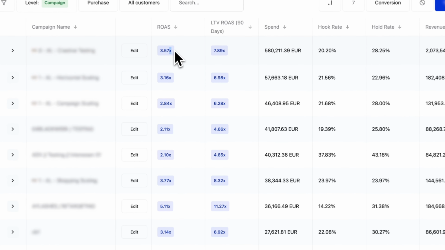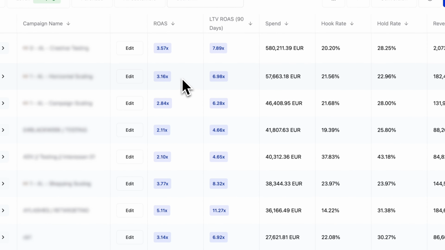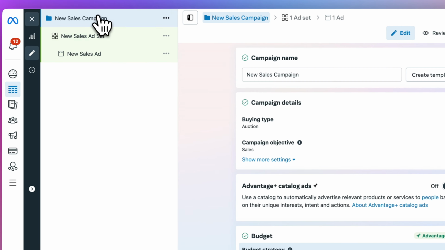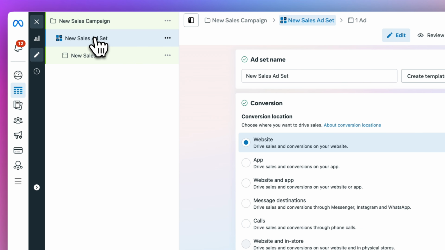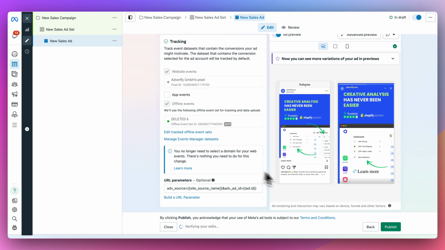This way, the results can be accurately attributed later, for example, which campaigns or ads really triggered a lead or a purchase. This is especially helpful when you're testing different target audiences or creatives in parallel and want to evaluate the performance cleanly. When you have everything ready, so objective, target audiences, budget, placements, creative, tracking, interest, and so on,